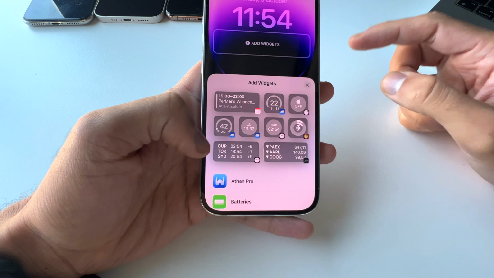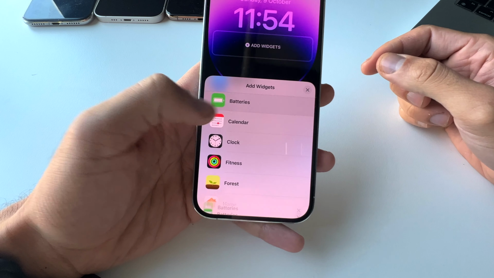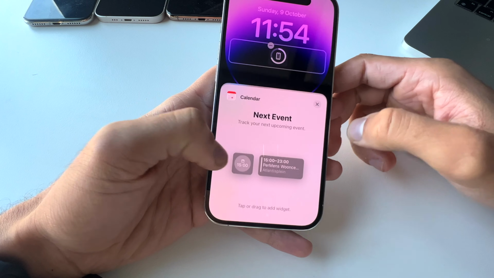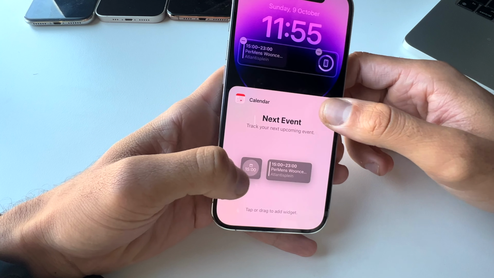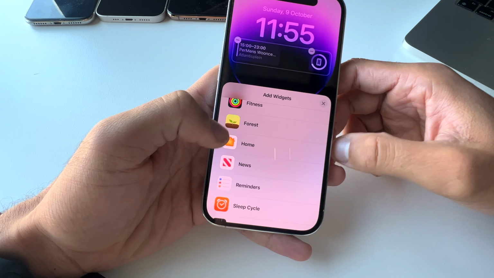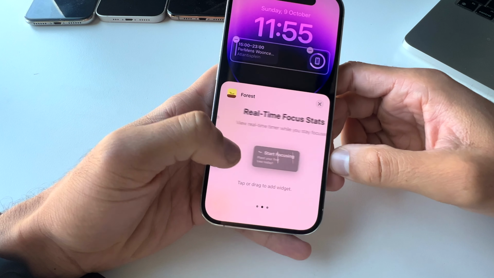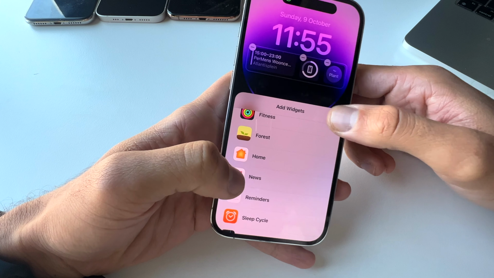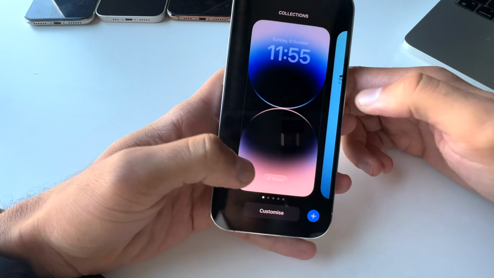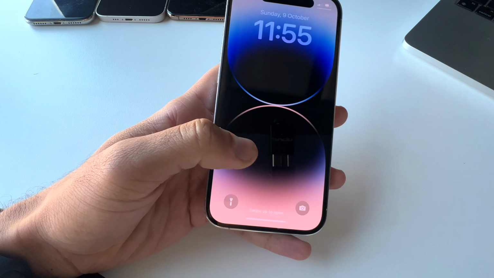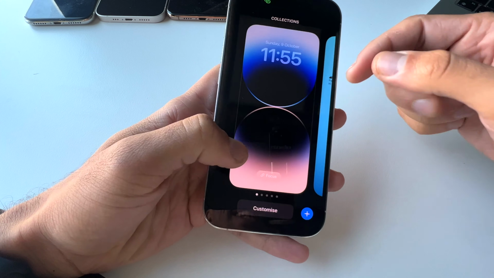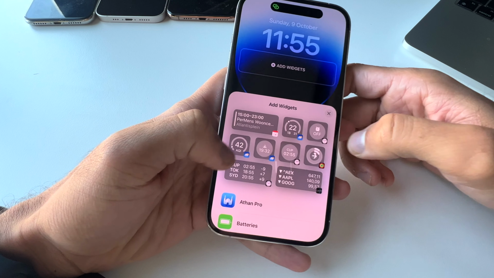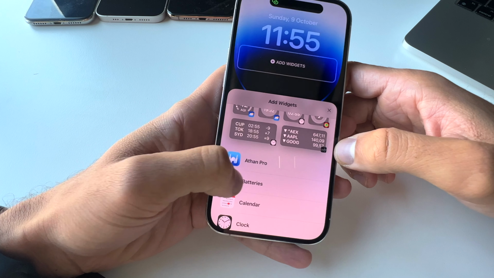You can add widgets. As you have thought, you can add a battery. You can't go wrong with a battery widget, the calendar, and maybe we can add Focus. That's a widget that keeps your focus on the thing that you're doing and not going back to your iPhone every now and then. And now I forgot to hit done. So that's something that you need to add as well. So hit widgets, add those widgets. We want the battery,